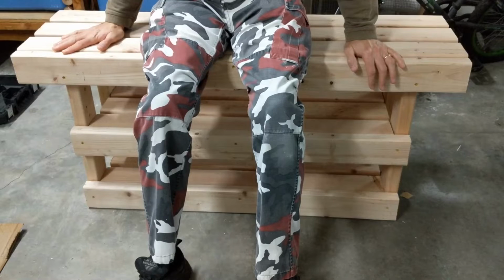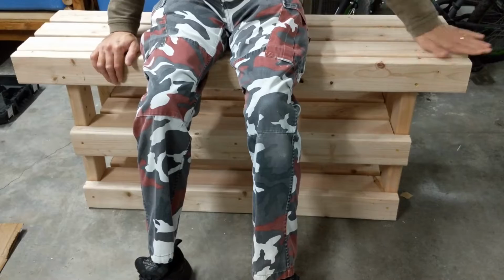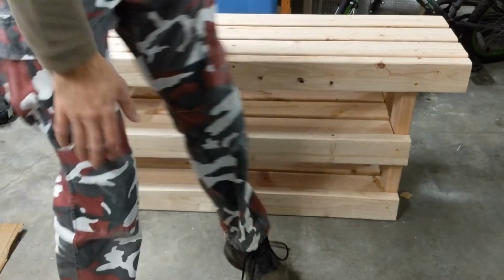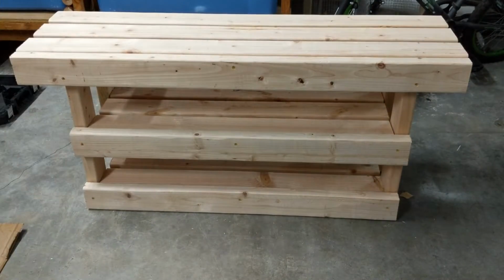I'm actually probably either going to paint it or stain it. I'm going to go over it nice with a sander. Sand it all down, make sure there's no slivers or anything. But yeah, it probably weighs about 50 pounds. It's really solid. It's not going to go anywhere. I'm not sure if I'm going to put this outside or inside on the porch or by the door. But that's it. If I do some more work on it, I'm just going to sand it down, like I said, and then